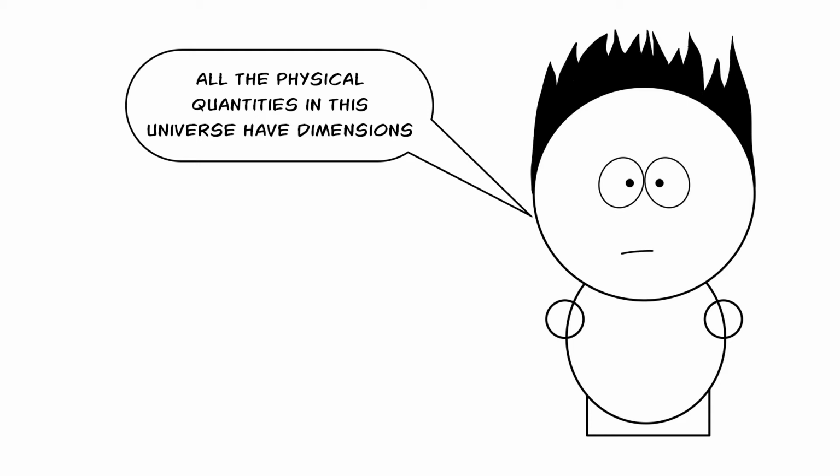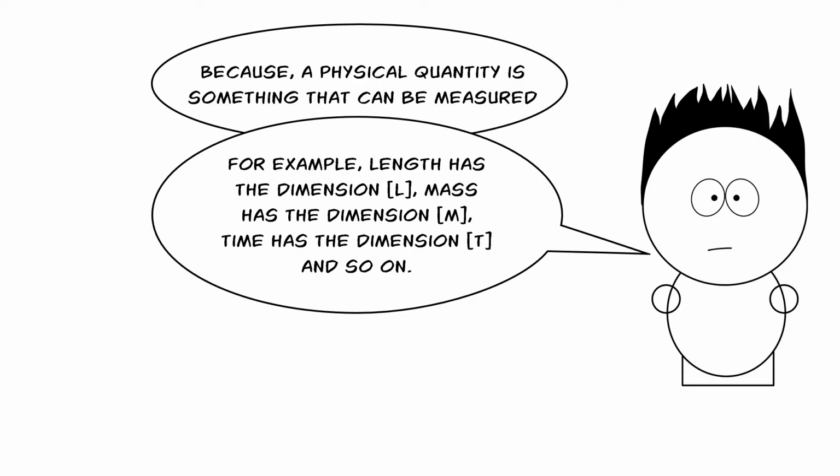All the physical quantities in this universe have dimensions. Why? Because a physical quantity is something that can be measured. For example, length has the dimension of L, mass has the dimension of m, time has the dimension of t,